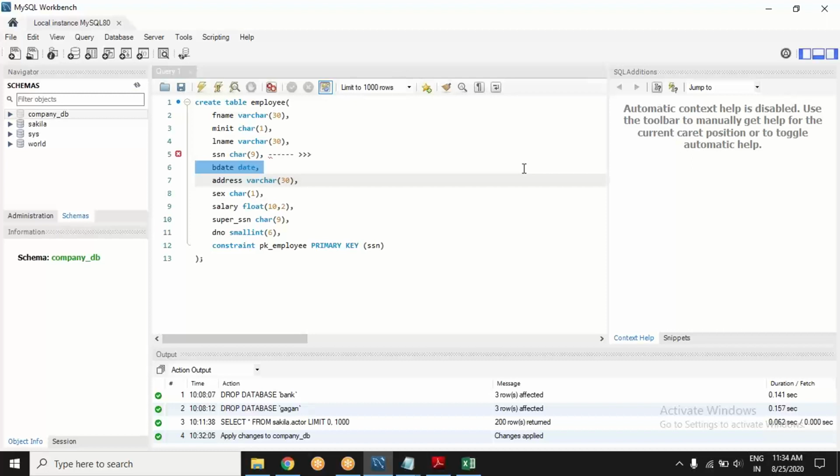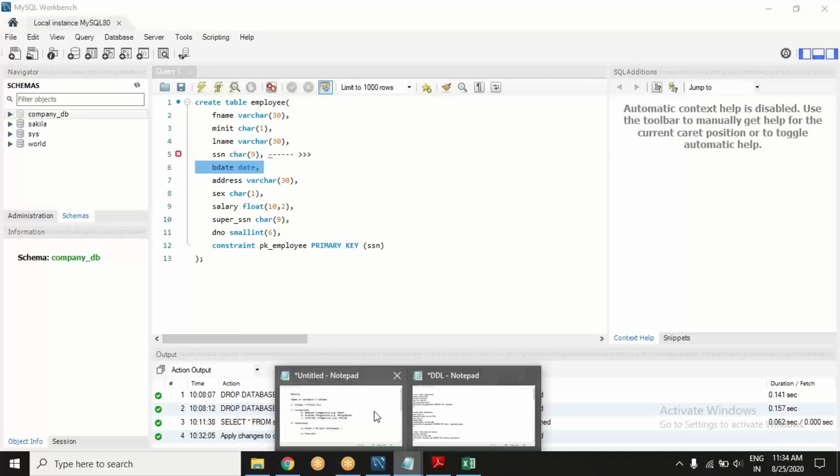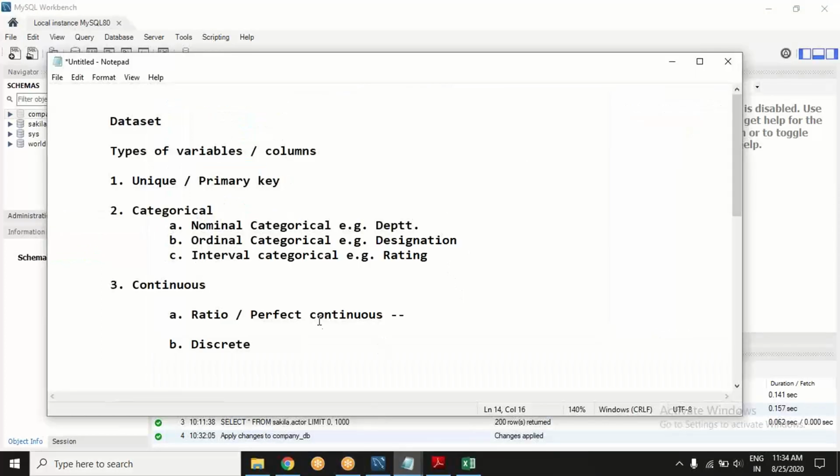As simple as that. So now it should be continuous. Continuous would be represented in two ways. Where I want the decimal part to be there, we call that data type float. And if something is discrete, we call it integer.